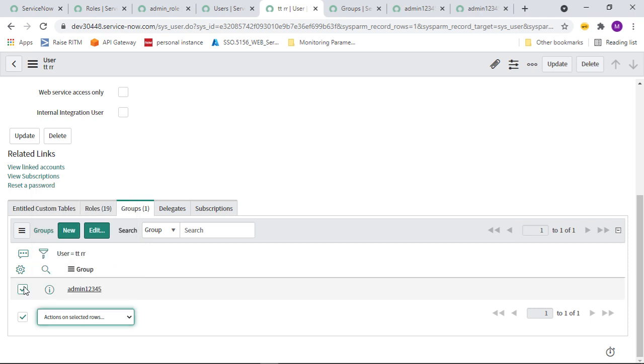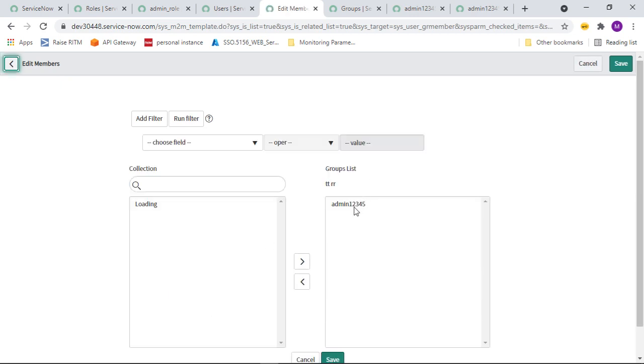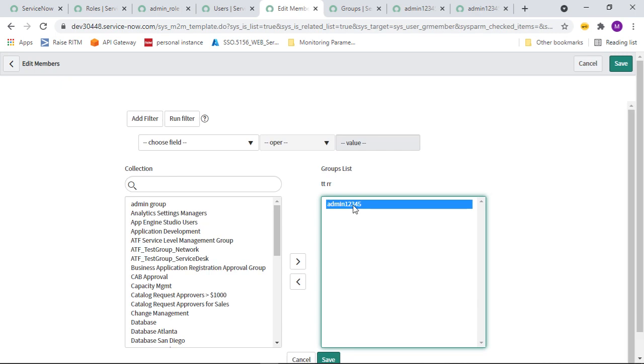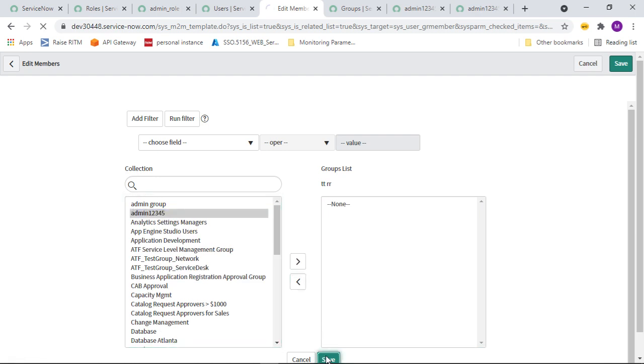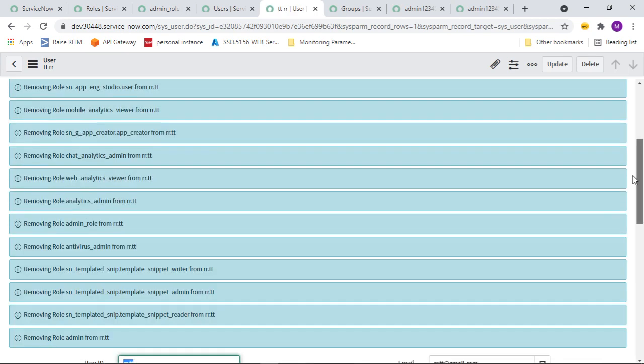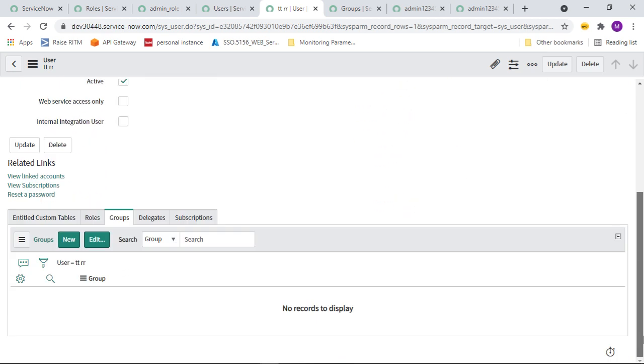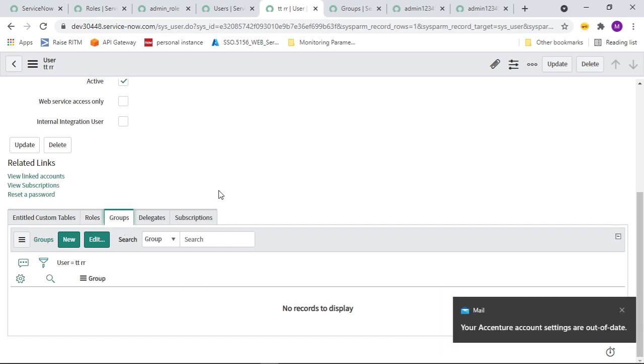If you don't want to delete like that, you can click on edit, select the group on the right side, and move it to the left side. That means I have removed the particular group from the user. See, by default the roles are also deleted, because those roles are associated with this group.